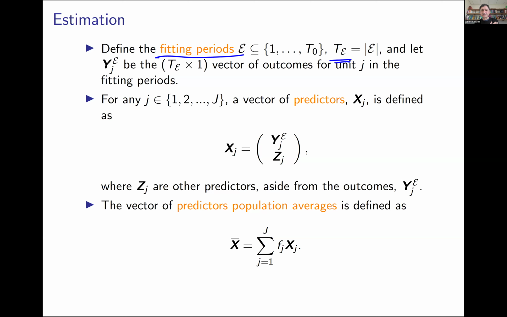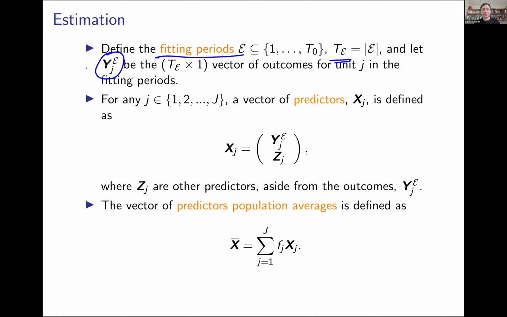the same as the entire set of pre-experimental periods. But you will see that it is advantageous for us to leave some pre-experimental periods aside to use later for inference. Okay, so the first thing that we are going to do is put the outcomes of the units in the fitting periods. We are going to put them in this vector